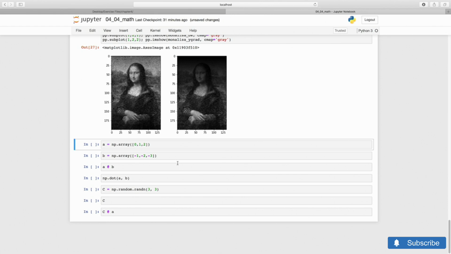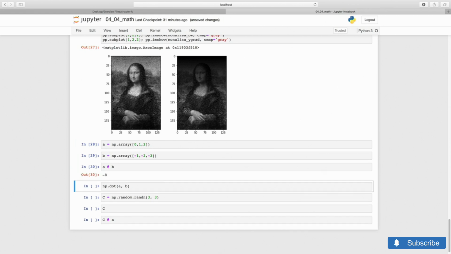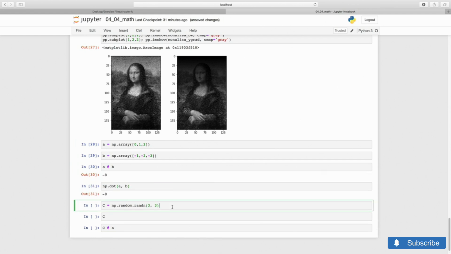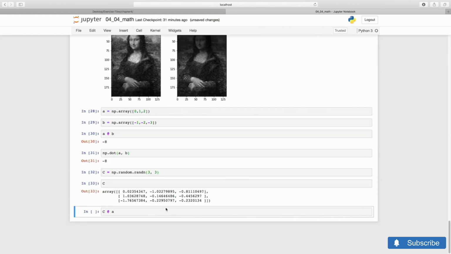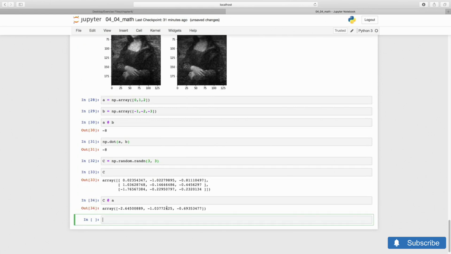For instance, we can use it to make the dot product of two vectors, a and b, each of 3 elements. This is the same as writing np.dot(a, b). Or we could write the product of a 3 by 3 matrix and a 3 vector.